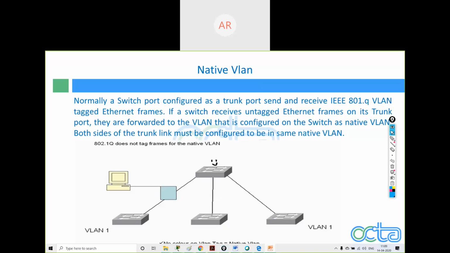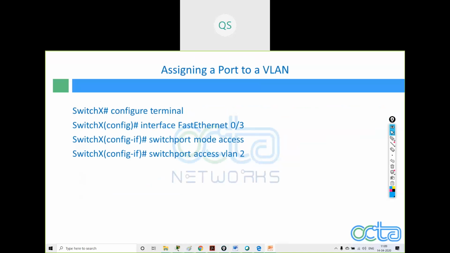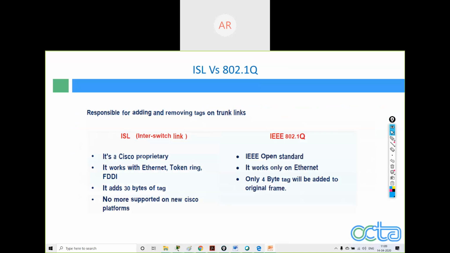Okay. So we will see how to create a basic VLAN. These are the protocols that are used if we want to make a link trunk: ISL, Inter-Switch Link, and IEEE 802.1q. Now, what is the difference between these two protocols?